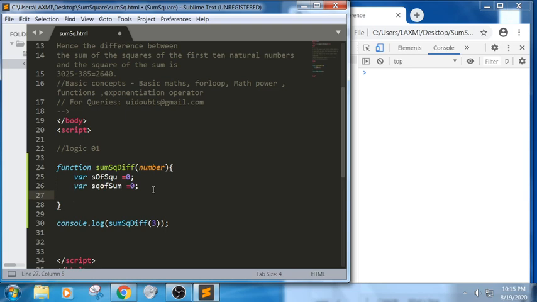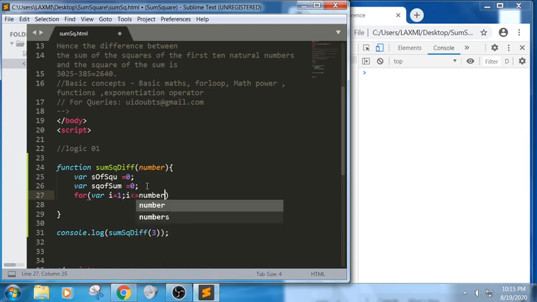Let us take a basic for loop so that we can iterate the values. Here the value is 3. For example, if I want to display 3 values, we write for i equal to 0, i less than or equal to 3, i plus plus. In a similar way, I am writing a basic for loop which will iterate the values, where i equals 1, i less than or equal to the number here, and increment.